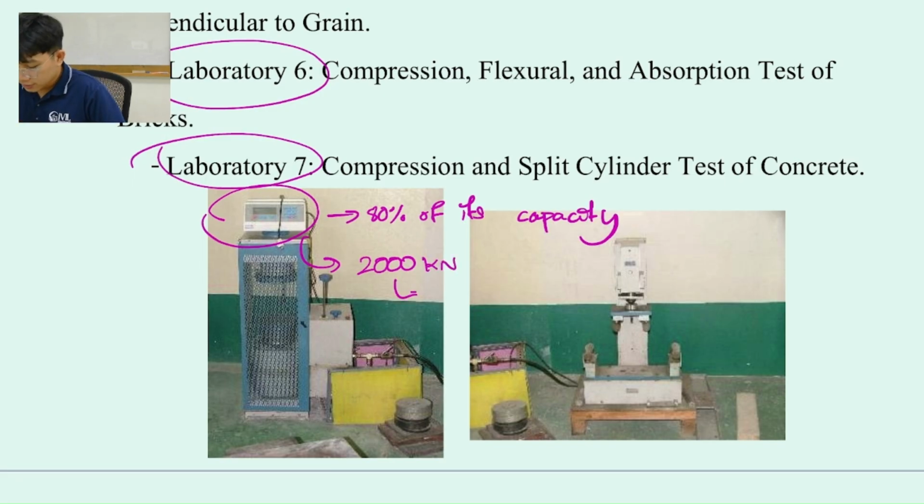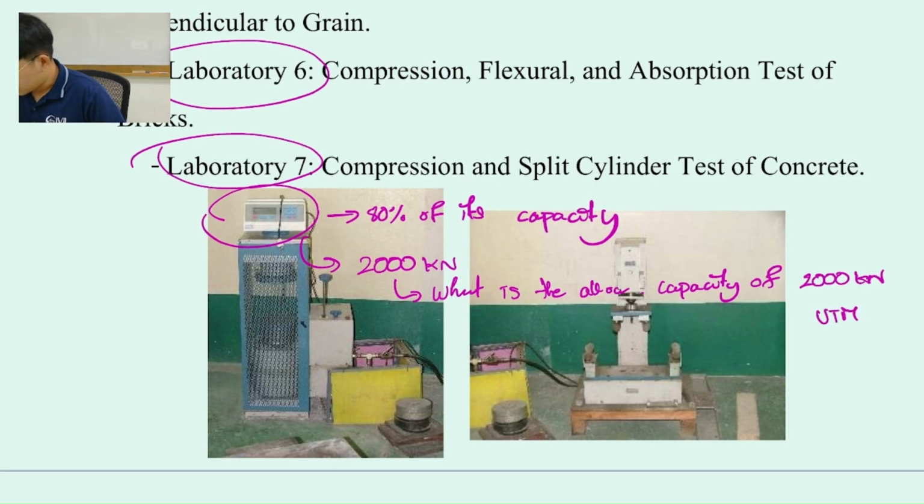So this is going to have the capacity of about 2000 kilonewton. So for the actual use, I may ask in the exam: what is the allowable capacity of a 2000 kilonewton UTM? Okay, so you guys need to remember that you can use just only 80% of the capacity,